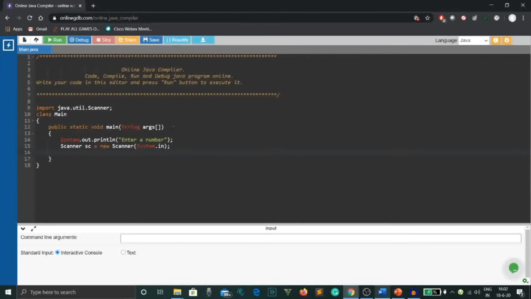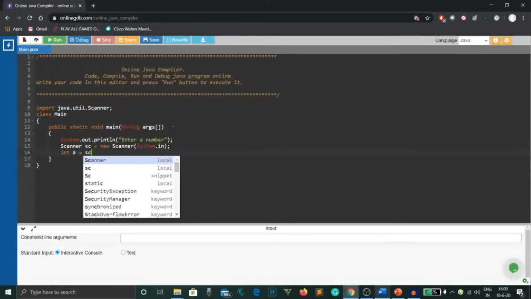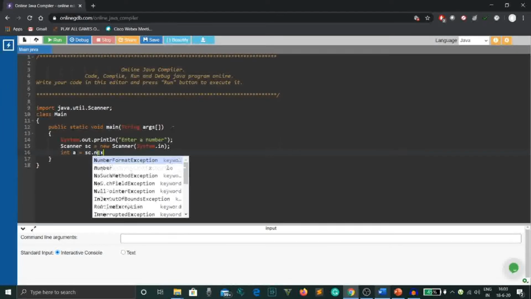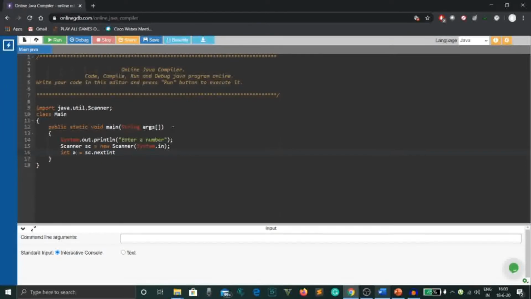Now we need to store the value entered by the user into a variable. So we'll declare a variable, int a equals. Now to take a user input, this syntax is used. First you type your object's name. Here I've chosen the name as sc. Then you put the dot operator and you write nextInt. Here nextInt is the name of the method used to take an integer value from the user.